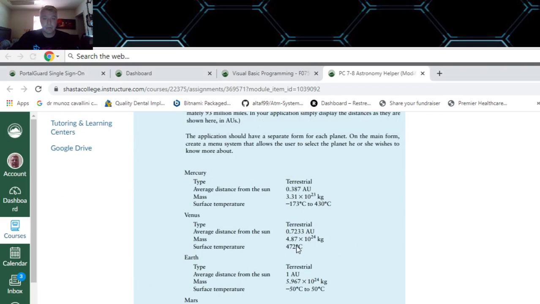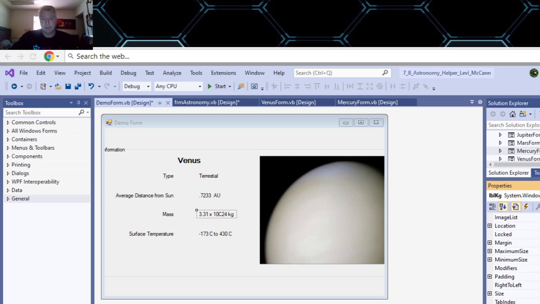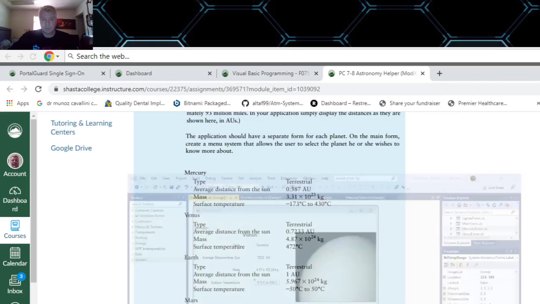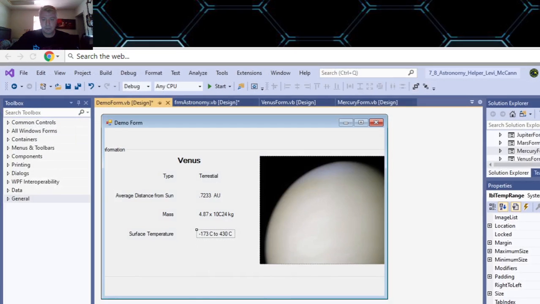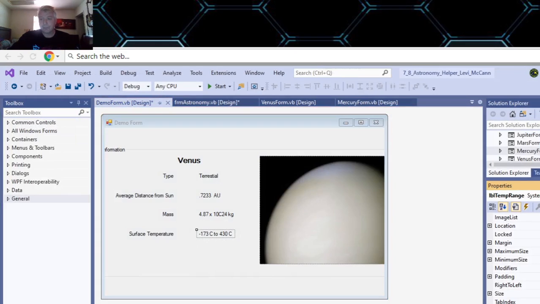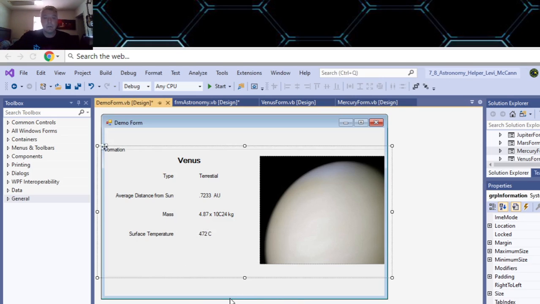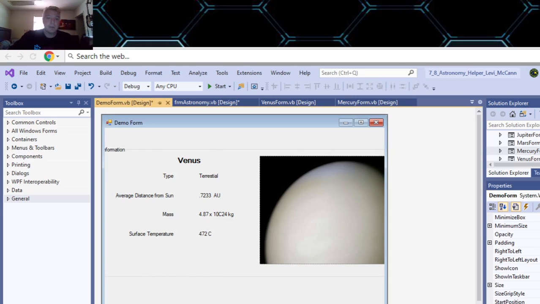So 4.87. This would have been 472. So you do that for each of your 4 planets, and then you have to go back to their Mars form,